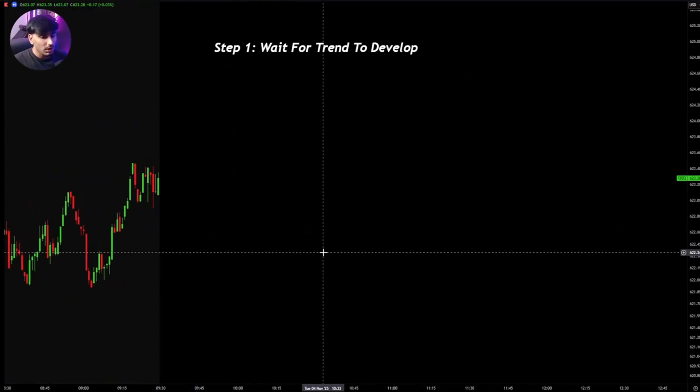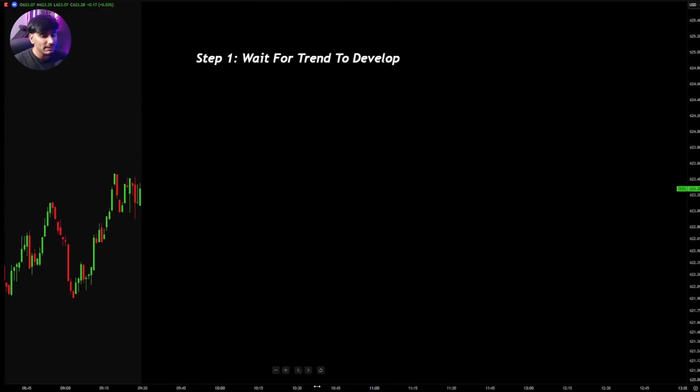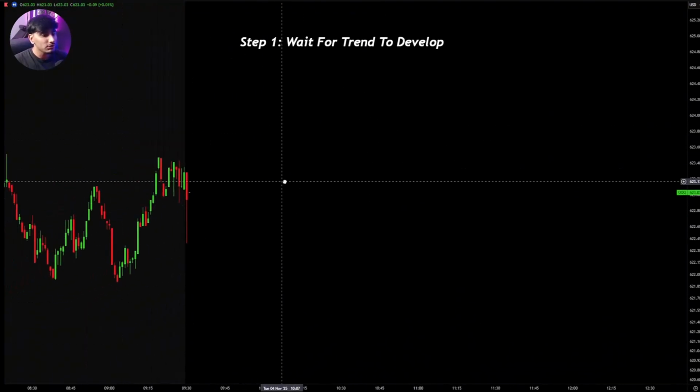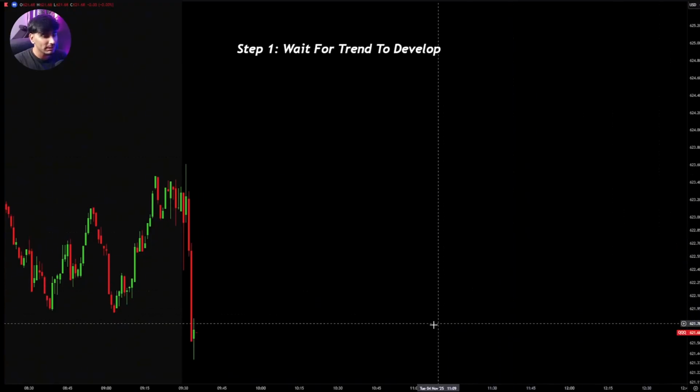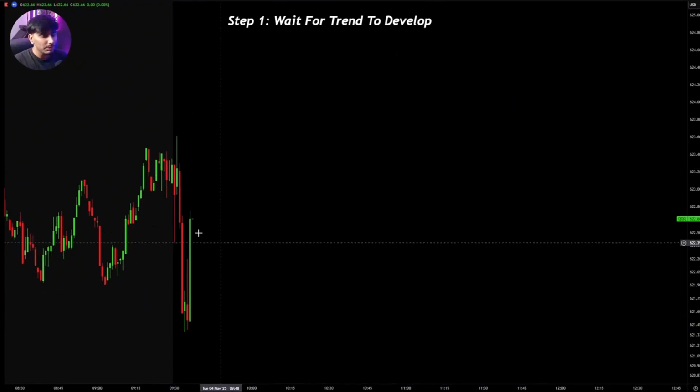Now, for step one, all we have to do is, coming into the day, we don't draw out any levels. This system is extremely simple and clear. We want to wait for the trend to develop during the day. For step one, all we're going to do is play out the chart, and remember, I'm going to show you the full results of the strategy if you traded it over a year, but so far we can see the